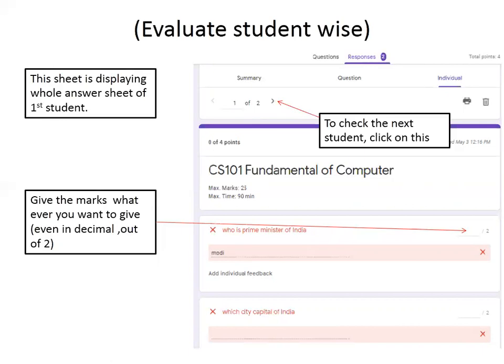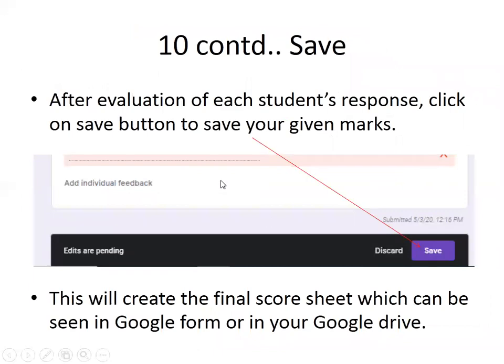But before that, for every evaluation you have to click on Save. After evaluating each student's response, we click the Save button to save the student's marks. This will create the final score sheet, which can be seen in the Google Form or in Google Drive.